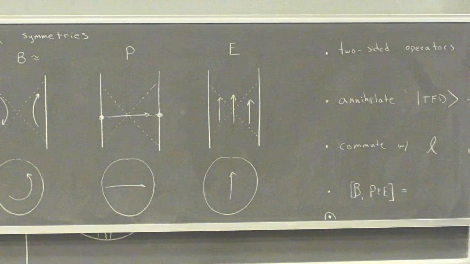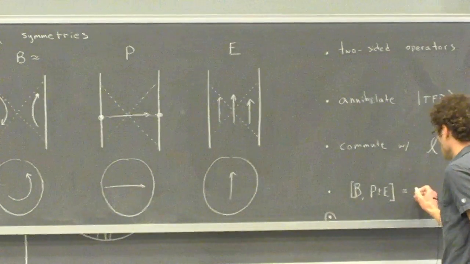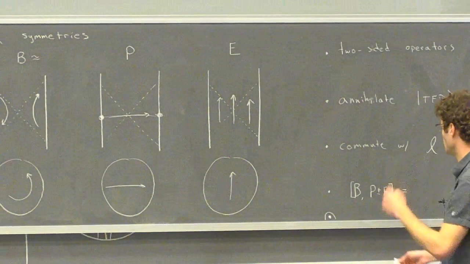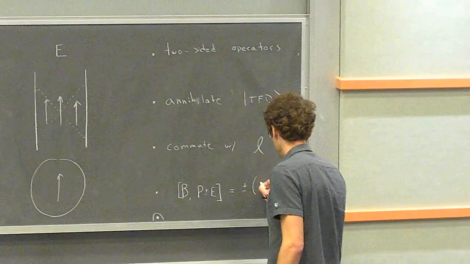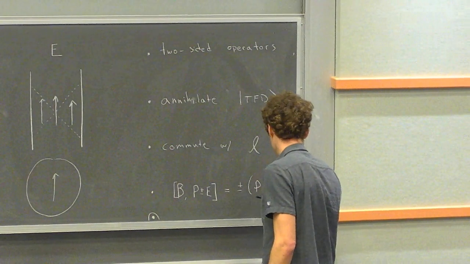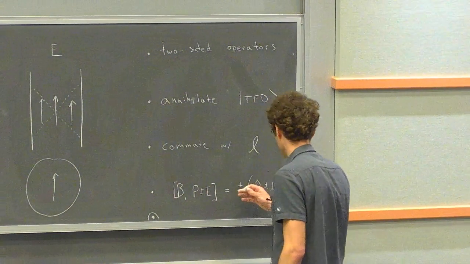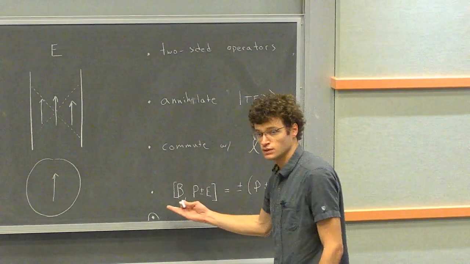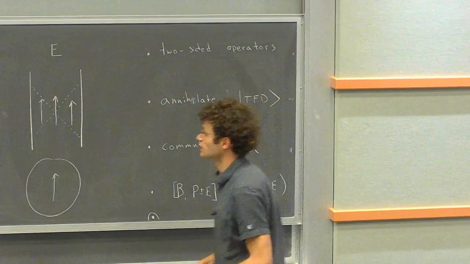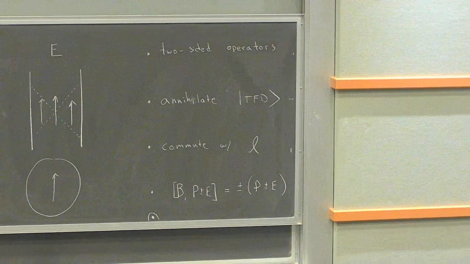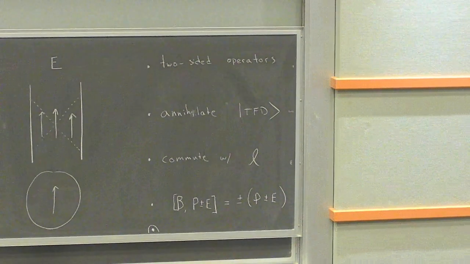Okay, the third point I want to mention is that just the SL2 algebra part of it implies that P plus or minus E are eigenvectors with eigenvalue plus or minus 1 under boosts. So P plus E gets exponentially scaled upwards under boosts, and P minus E gets exponentially scaled downwards under boosts.